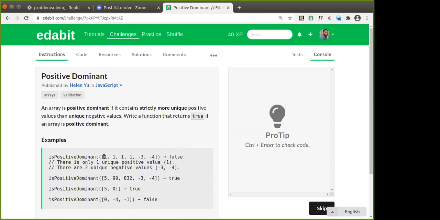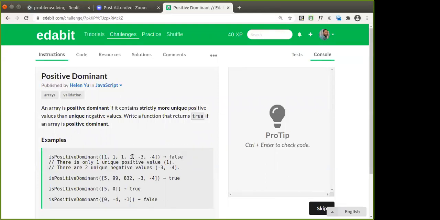If you look at the first example, we have the array elements 1, 1, 1, 1, minus 3 and minus 4. So when do we call this array positive dominant? If you have more positive numbers in an array than negative numbers. Given an array may contain positive, negative as well as repeating numbers. Now in this case it has returned false.